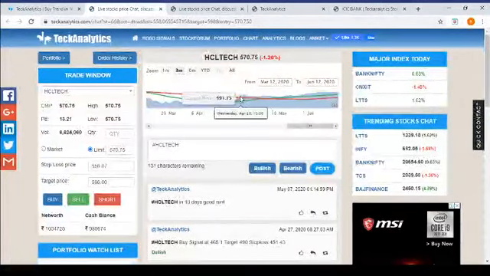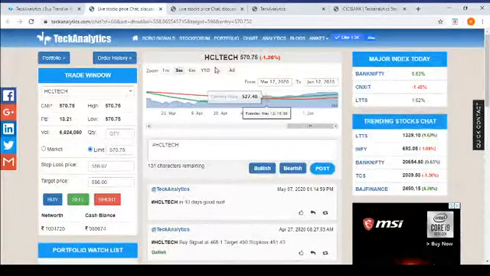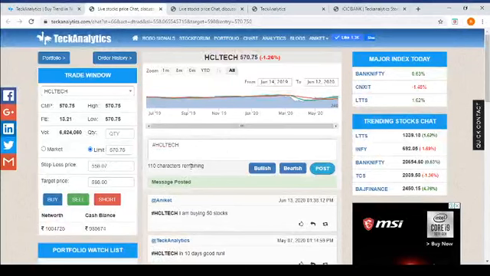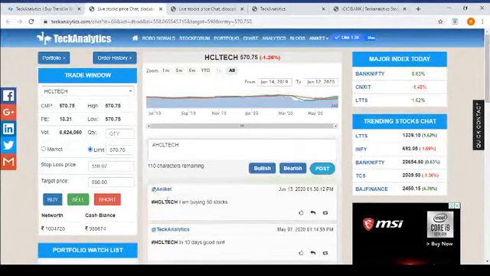So the same chart that you were seeing is visible here too, right? And you can tweet to the forum. If you buy, let's say I am buying 50 stocks. Okay, I say post. So with my user ID, this tweet is published on the website, and I would say go and buy 50.